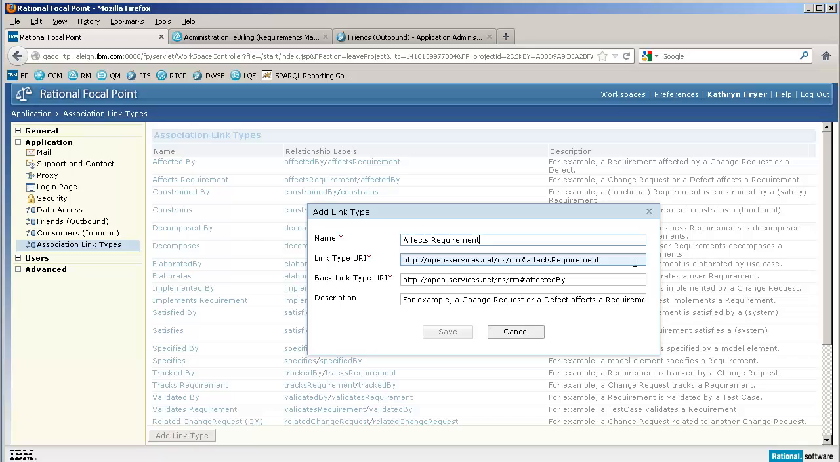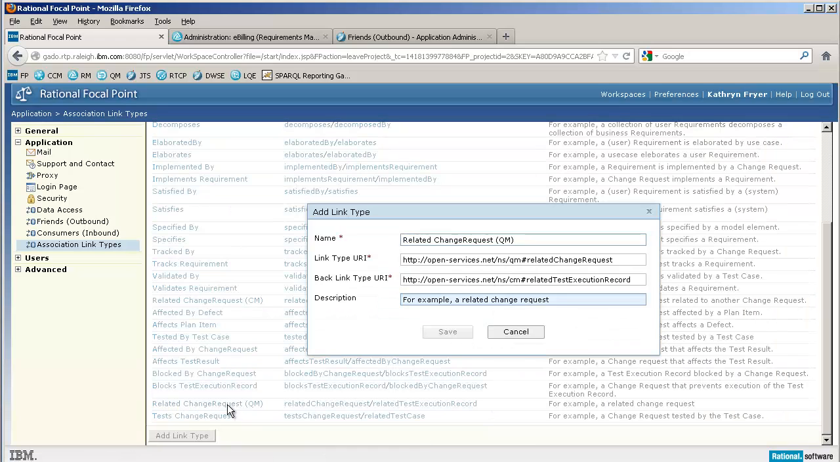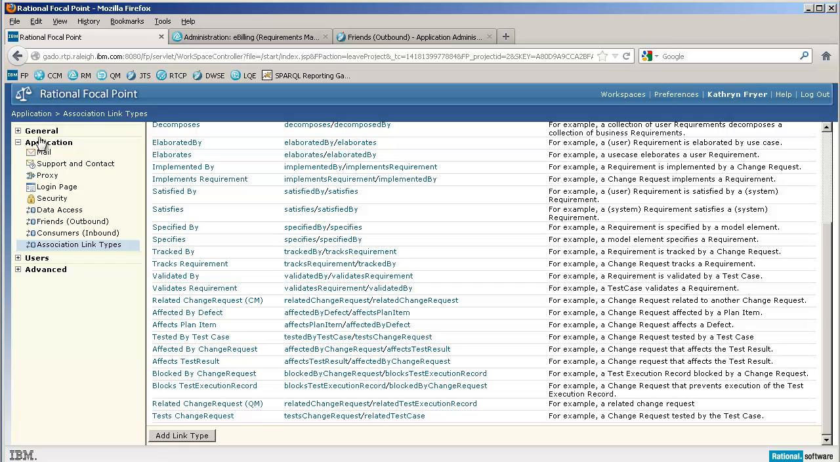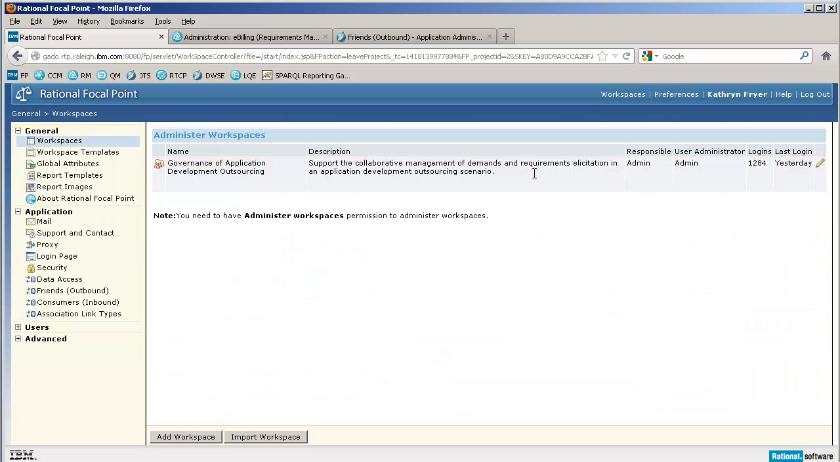So you can see these are defined by OSLC. Okay, so that's their semantic. So you'll add the set of link types that are important to you. So as I said, that's the master list. When we go to the workspaces then,